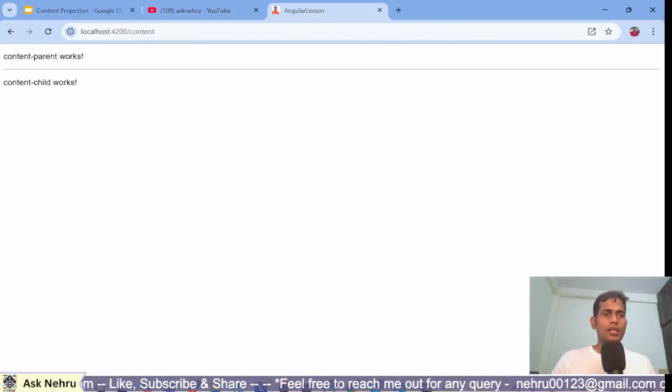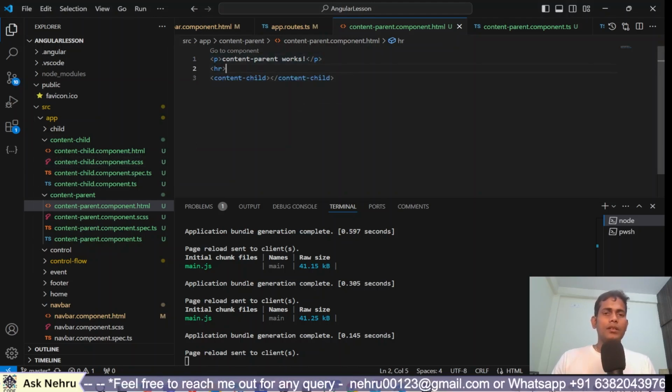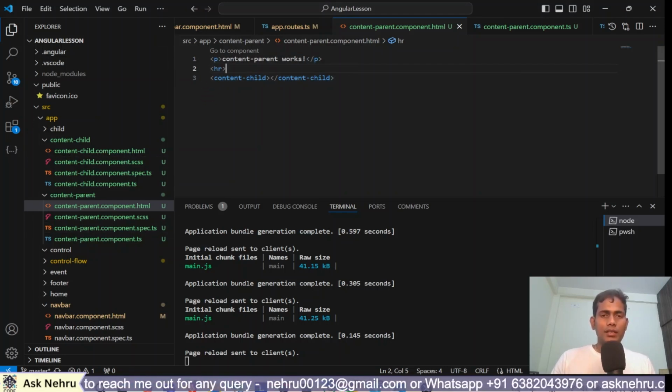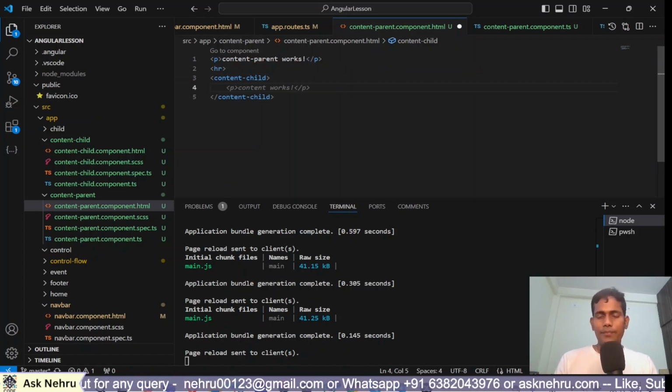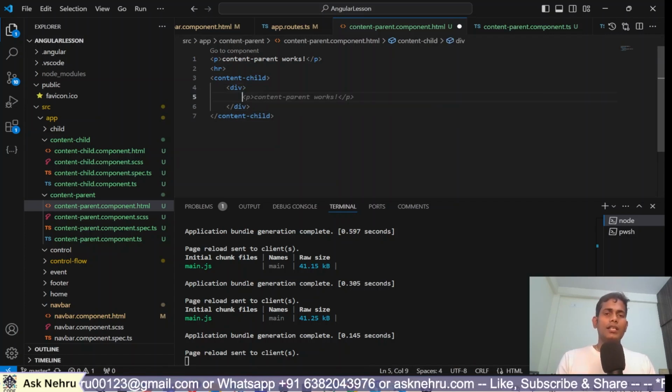The result, you see guys, content parent works, content child works, because we have given the selector here. Now the main thing comes into the picture. In the parent, we have the child component element. Within the element, I'm going to give some value. For example, within the division tag, I give